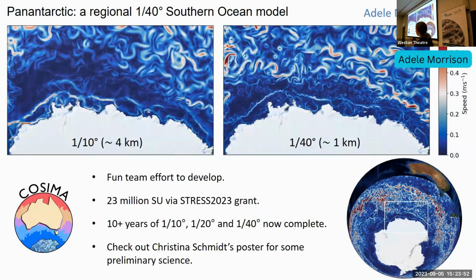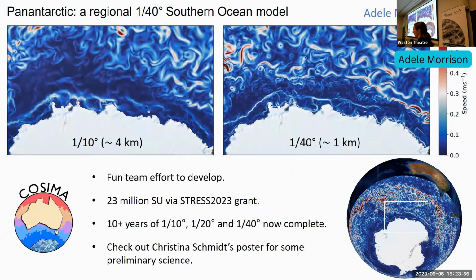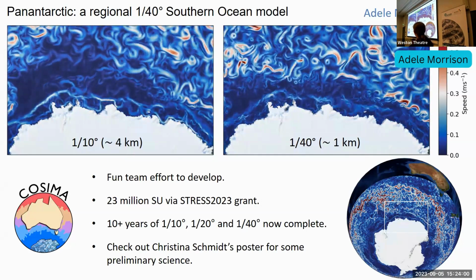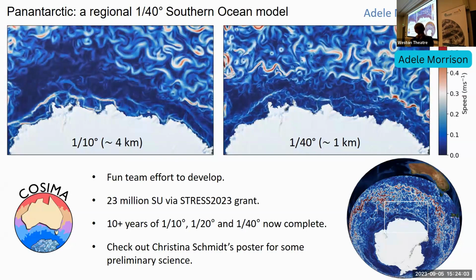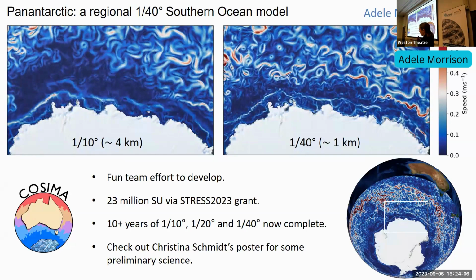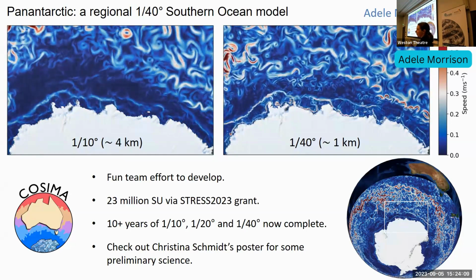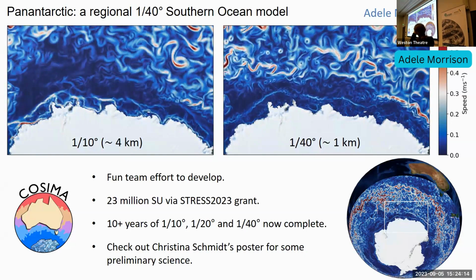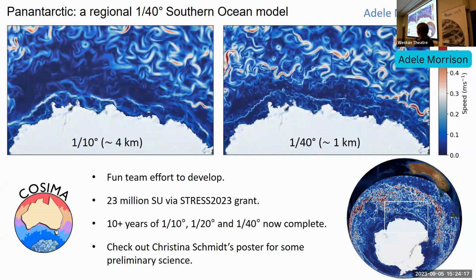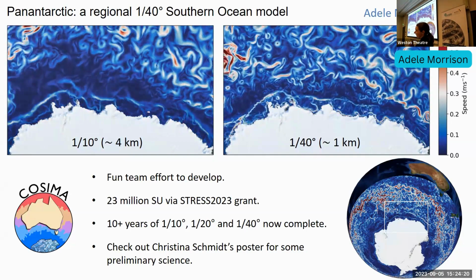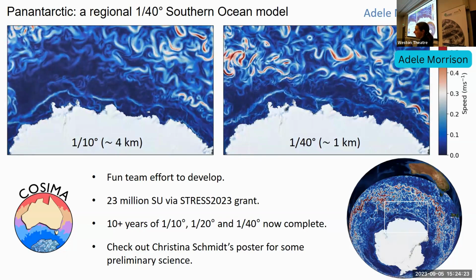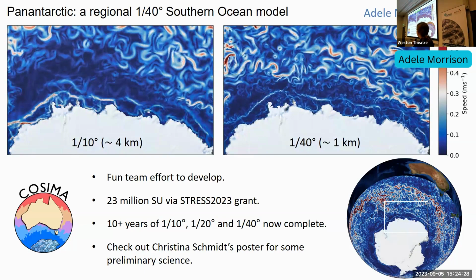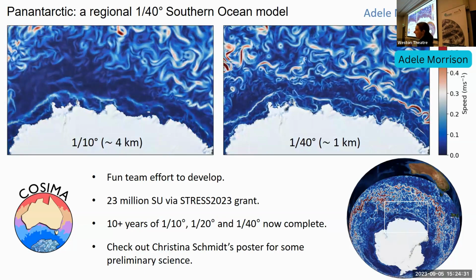So over the last year, a group of 12 of us from COSIMA developed this high resolution MOM6 SIS2 config. You can see this is just a small region of the Antarctic coast zoomed in. On the left, this is the 1/10 degree version. We used to work from ACCESS-OM2-01 thinking that 1/10 degree does a pretty good job around Antarctica. If you really look close to the Antarctic coastline on the right, in the 1/40th degree, there's so much of the eddy activity in the Antarctic slope current that we're really not getting at 1/10 degree. We've just finished 10 years of this simulation now, thanks to a nice one-off grant from NCI. And we're just starting to analyse the science.